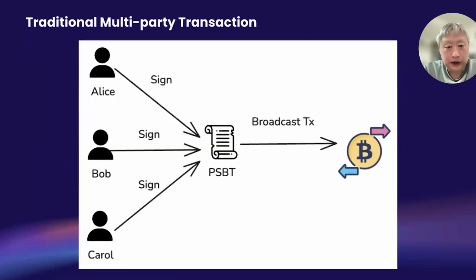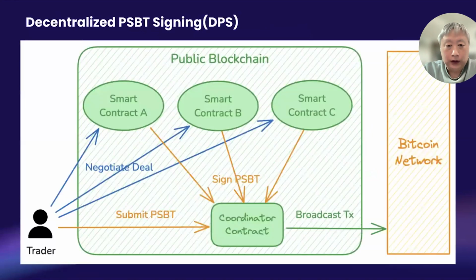PSBT has facilitated multi-party transactions for years in the Bitcoin ecosystem, which means people can collectively sign a PSBT and then the transaction can be settled on Bitcoin. This RE new paradigm is about moving the signing process and the coordination process onto ICP. And there will be two phases. The first phase is the trader negotiates